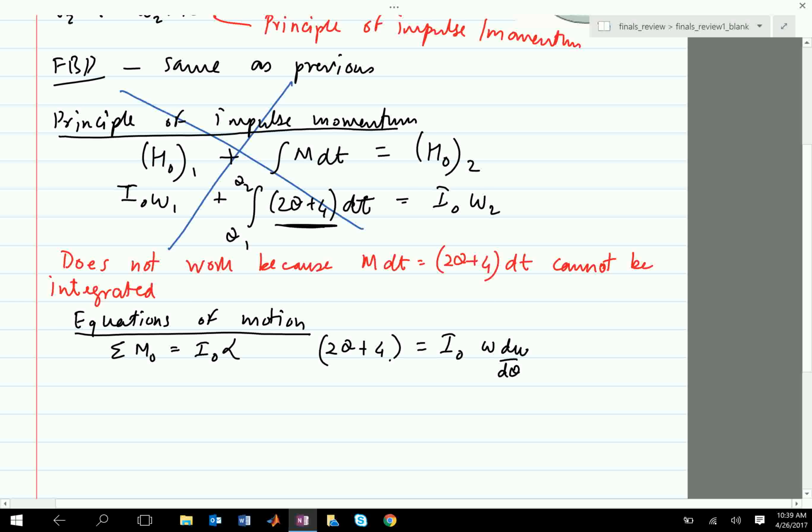Now I could, because alpha is omega d omega d theta, move the theta around and integrate the moment, right? So the integral of (2 theta plus 4) d theta. And when you're doing this integral, you want to be careful. You don't want to integrate from theta 1 to theta 2. You do not know what theta 2 is. So you want to integrate for a general theta, and you'll see why. Equals I_O